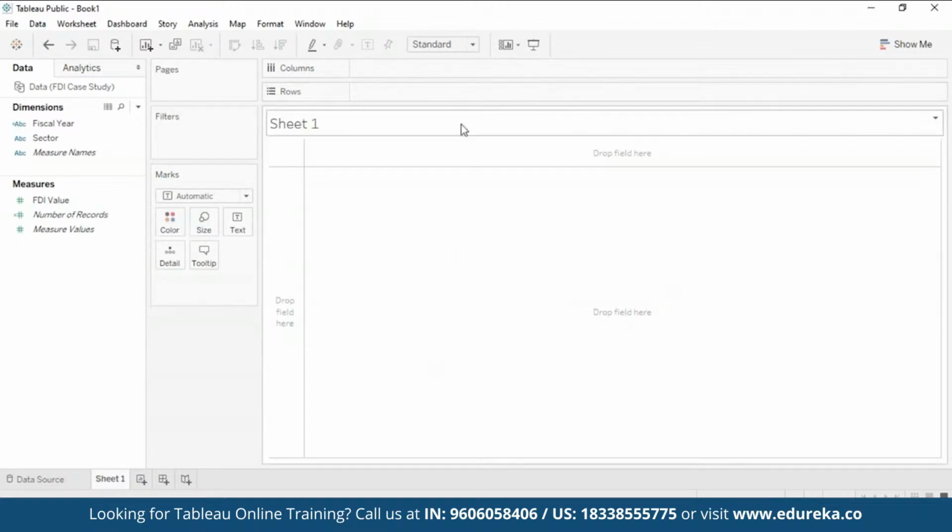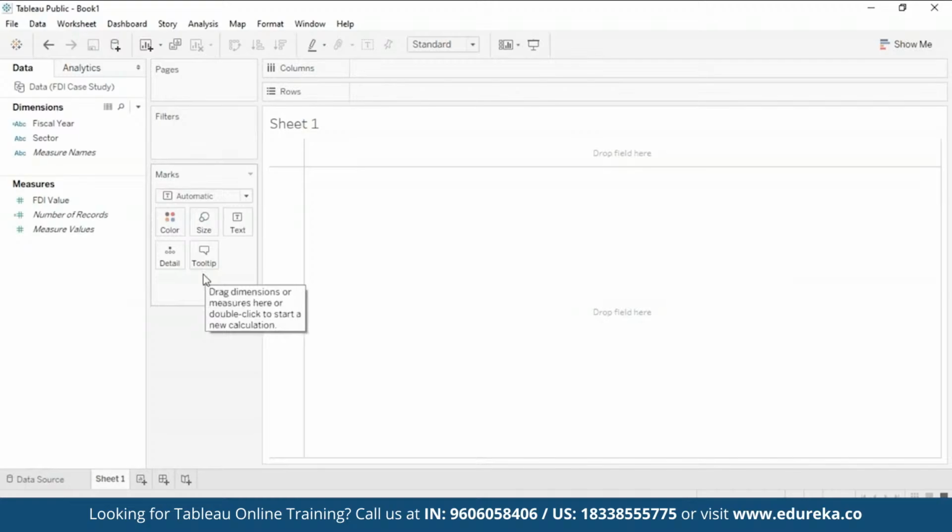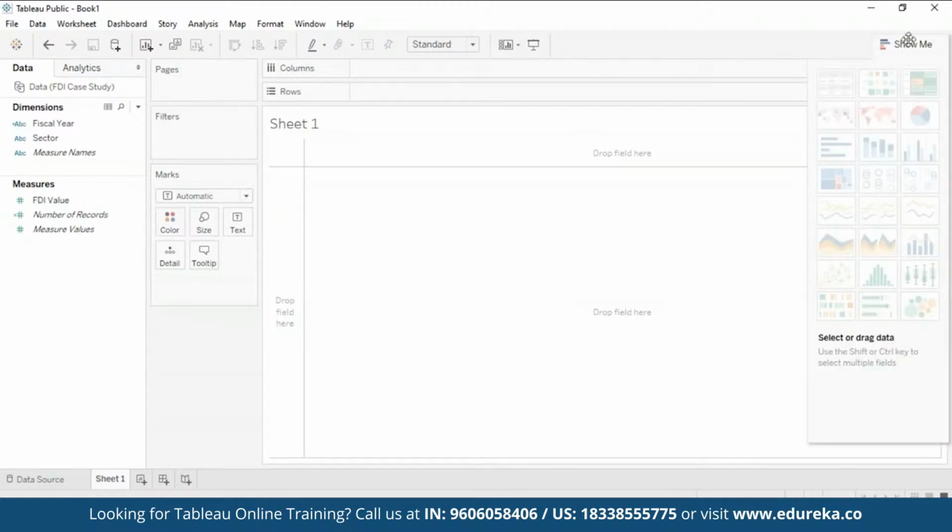Then this is our canvas. This is where the visualizations are going to be viewed. And on the left, you have pages, filters, and marks. Now, these are the cards which are going to help us create more intuitive visualizations out of the ones we already have. On the right top corner, you have the Show Me option,